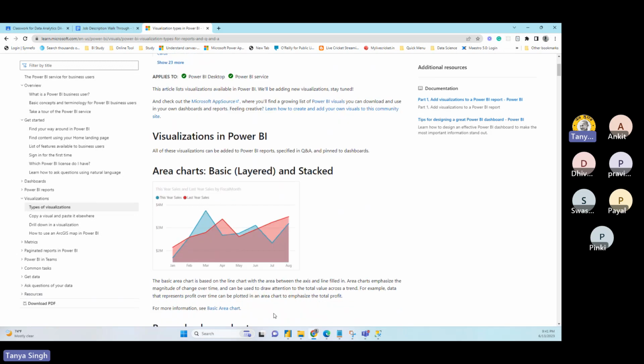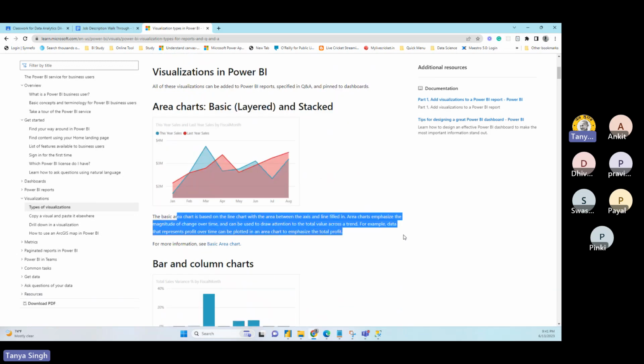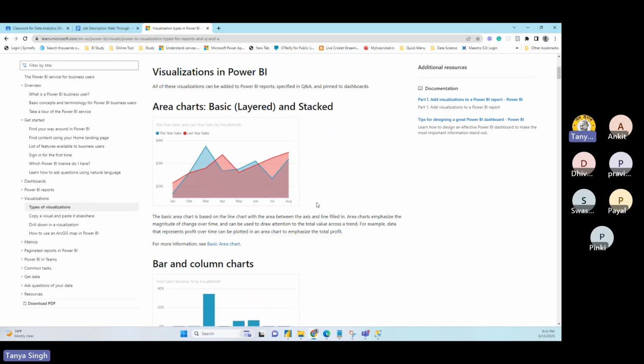You can read this dialogue whenever you have time. The end user is not going to tell you what kind of report they want. They just tell you, I want to compare two data sets, this year and last year. As an analyst, it's your call which visual will be more storytelling and more impressive.